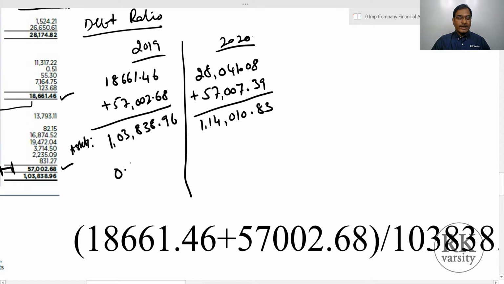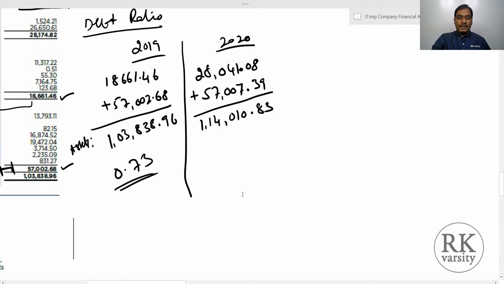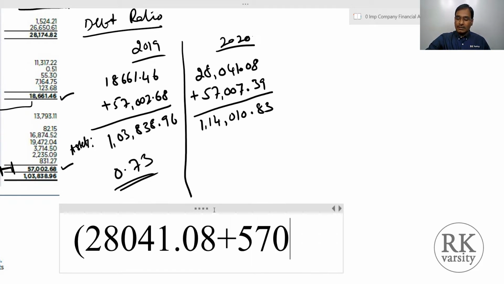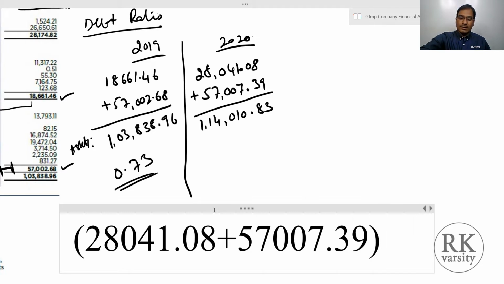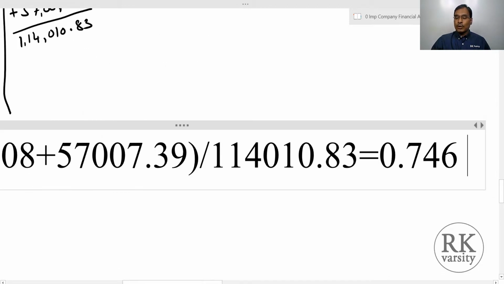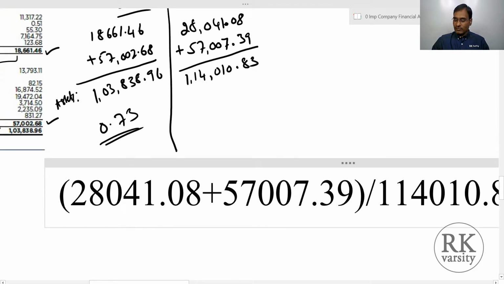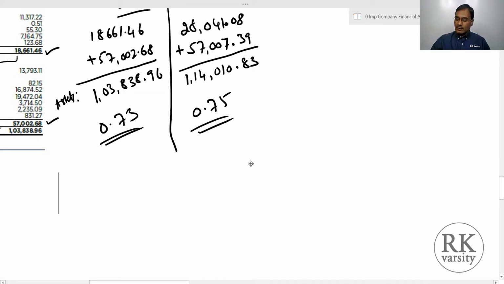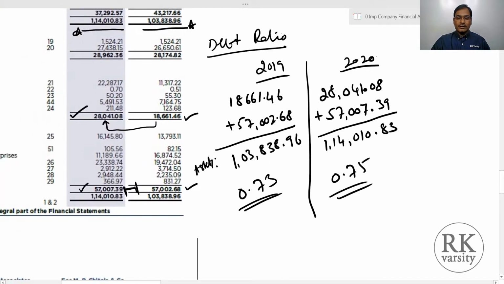So, the debt ratio is 0.73 in the year 2019, and for 2020, this is 28,041.08 plus 57,007.39, upon 1,14,000 crore, which is 0.746, or we can say 0.75. So you observe here, for Hindustan Petroleum Corporation Limited, this is an oil and gas company, the debt